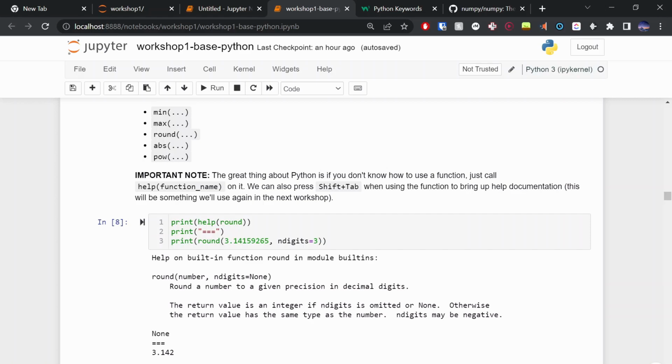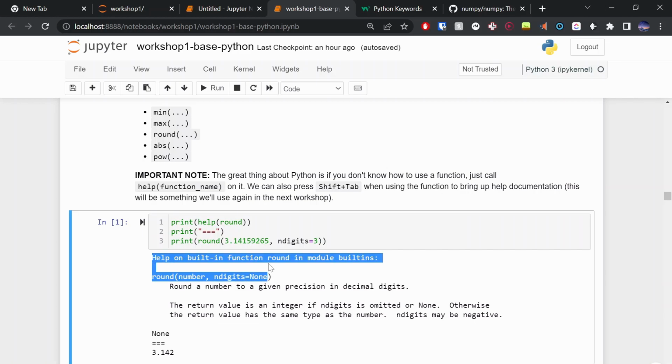The great thing about Python is if we don't know how to use a function, we can just call help on that function name, right? So if I execute the cell help round, that will return the string, the help string, and I can print that out, which will basically give me documentation on how to use the round function, right? This is the same with every function in Python, right? So getting used to reading this help documentation, really handy. Even for packages, the help documentation is there. So you don't have to go Googling, it's just right there.